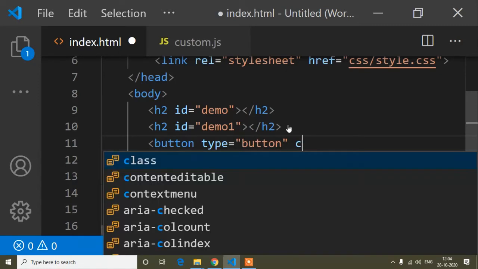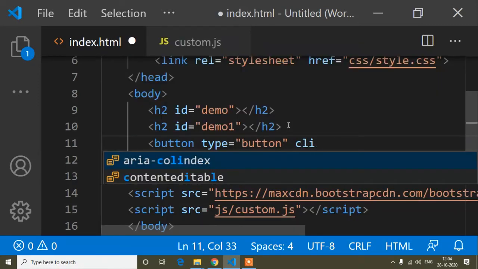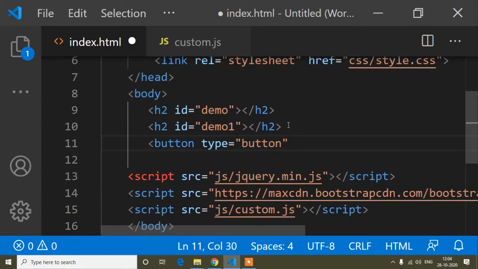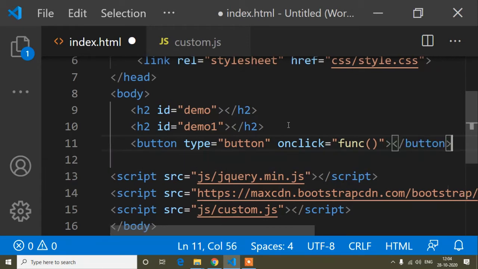So here onclick, the method name is func(), and the button name is click.